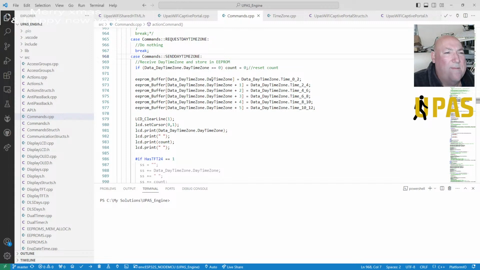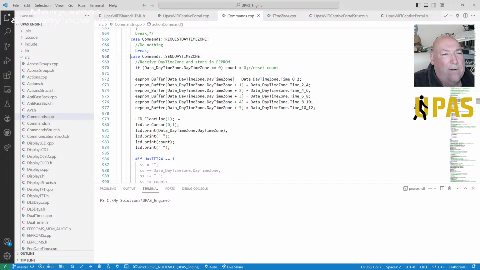Now the program stores them as bytes in the main software, but to save space, it's packing them into a byte. There are 8 bits in a byte, and each bit represents one of the 15-minute locations. So we've got to create